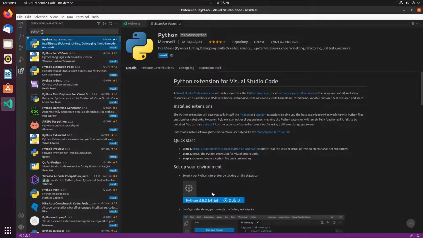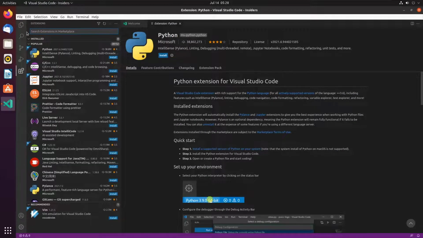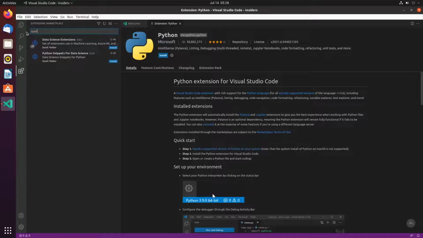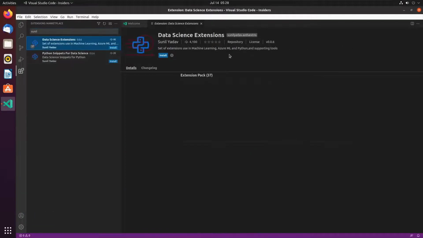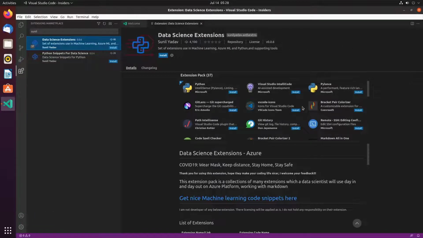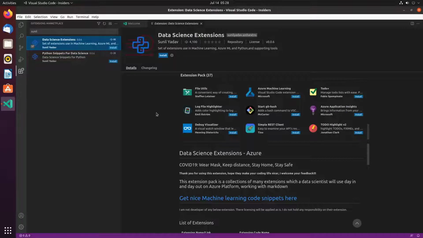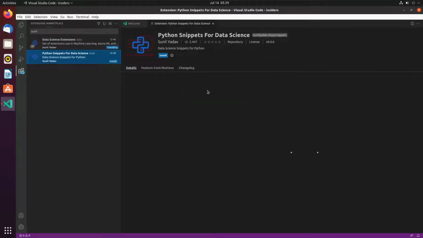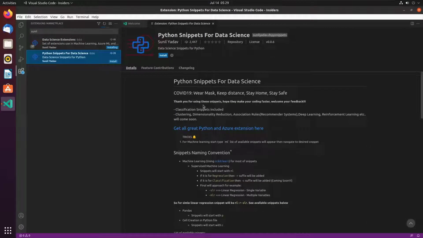However, we are not going to do this. What we are going to do is install this way, so we will have not only vanilla Python development but Azure development things as well. It could be useful for all of us. So let's install it. There is another extension, which is code snippets.